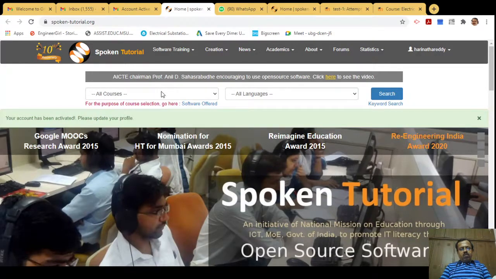Here you can go to different courses. You can see Advanced C, you can see Advanced C++. Any course that you want to learn, you can have it here. And especially for engineering, especially first year students, I can say that C and CPP are very important. And you can have Advanced C also. Just click on this C and CPP.